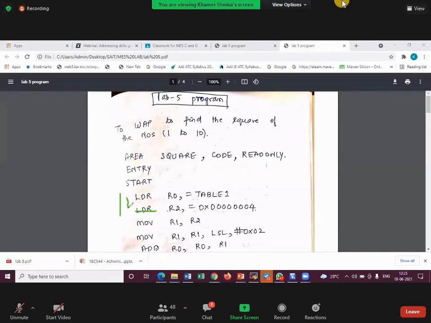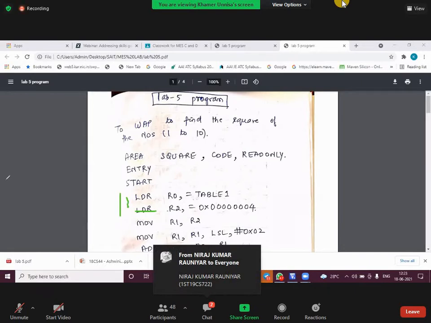I will teach you this thing in the lab demo, it is there in that. So here your second instruction should be MOV R2 comma your interested number. What I'm interested in, 0x, all zeros with the 4. Don't write this equal-to sign and all. Fine. Your second instruction should be MOV R2, 0x00000004, because I'm interested to find out the square of number 4. Now whatever is there in R2, I will move to R1. This is the third instruction.